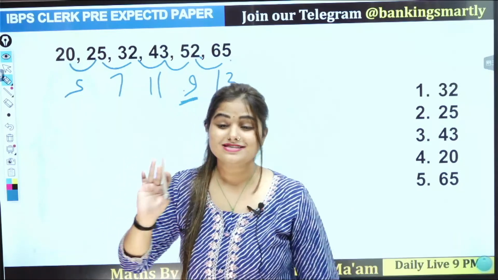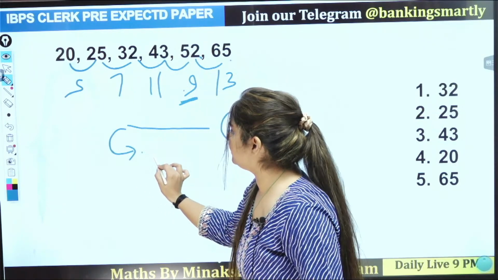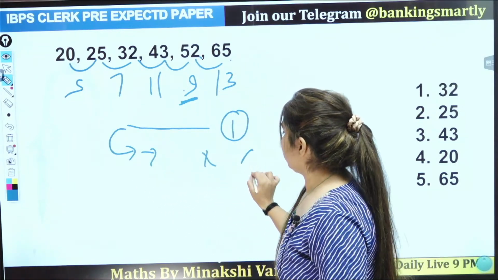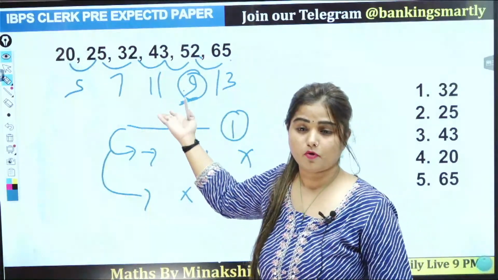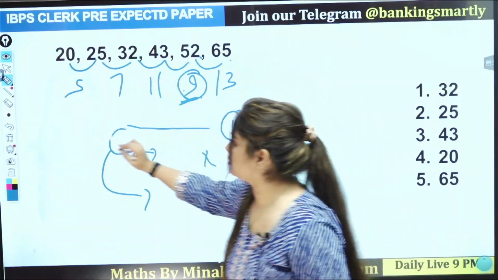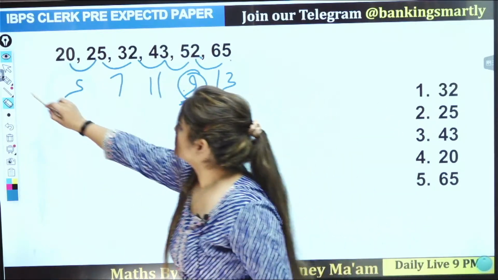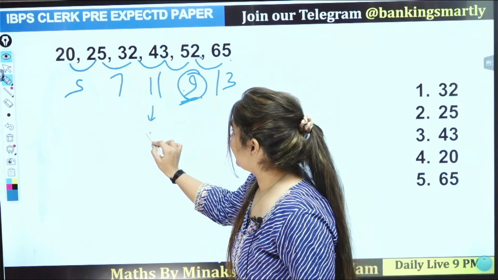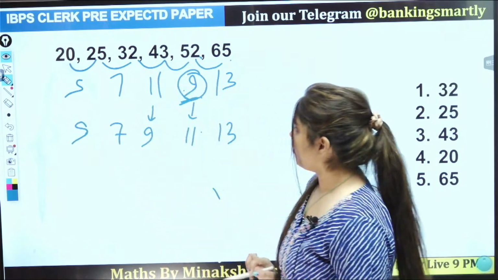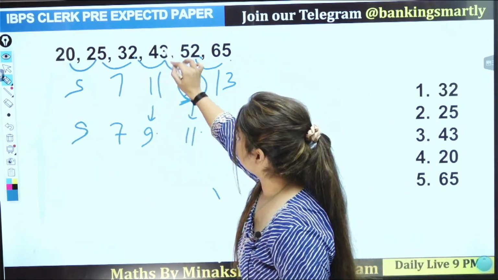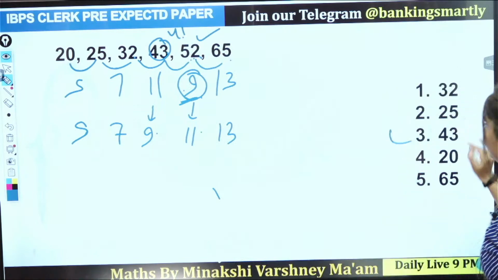Always remember one thing. In the first slab, if one is wrong, that means if we are doing the first single difference, there are 2 wrong. And if we are going for the third, there are 3 wrong. So there is only 1 wrong. How can that be possible? So this one is not wrong, guys. Why are you saying 52? See here, 5, 7. If this one is 9, this one is 11. That means we are completing our series. So 9 to 11. This one is 41. And 41, 11, 52. That means this one is right. The wrong one is 43.